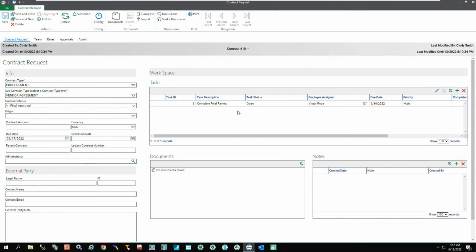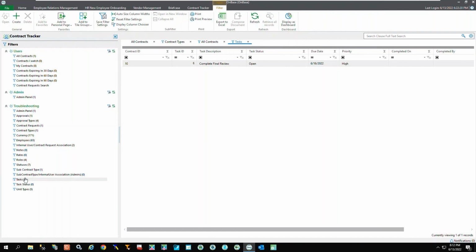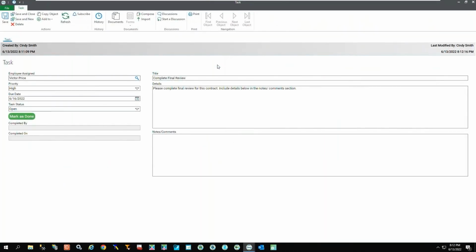And then you could also add documents or notes that are supporting this contract. And we'll go ahead and just save and close here. And let's say I was Victor and I wanted to go see my tasks. Let's see if the tasks filter has a task for Victor. It does. So we can go ahead and open it up, pretending we're Victor, mark it as done, see if that task status will update, which it did. Awesome. So we can save and close.